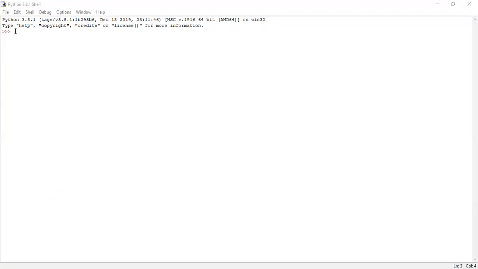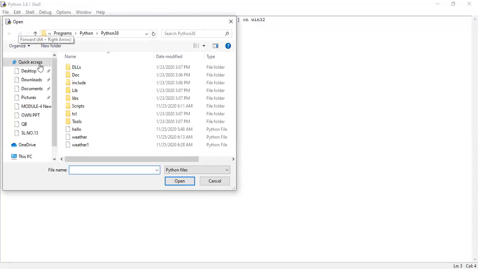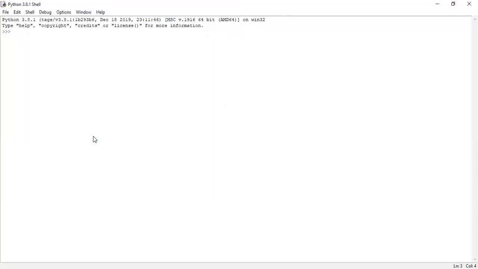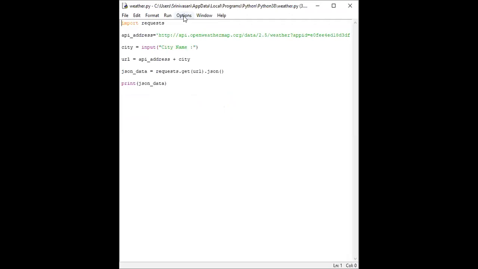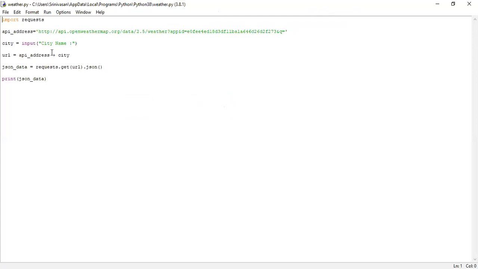Let us write a program. So I've already written that basic program. I think it will be simpler only. So let me take that first. So this is the program. Is it visible to you guys? Yes. Okay, this is a simple Python program, which fetches the weather information of your city from this open weather API and gives it to your Raspberry Pi device.